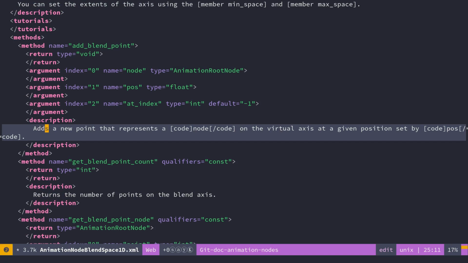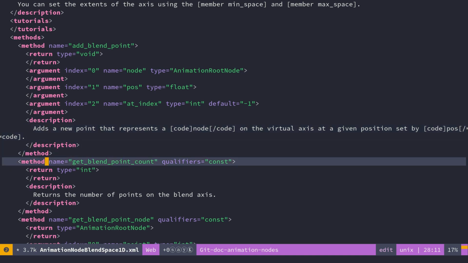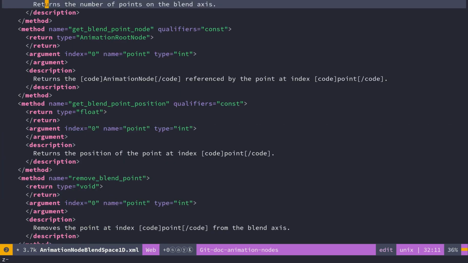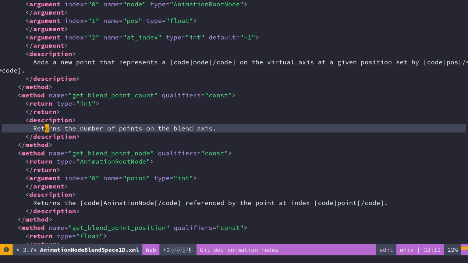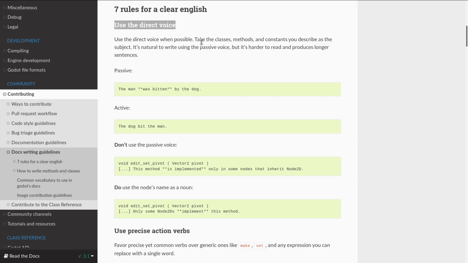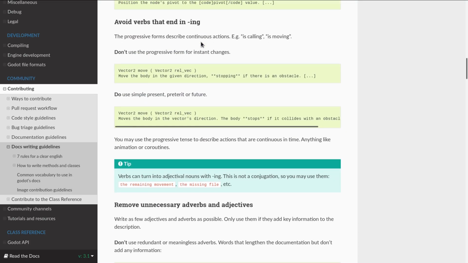For methods, you want to use an action verb, like the method add_blend_point: "Adds a new point on the axis of the blend node 1D," the one that you can find in the editor. If a method is a getter and it just returns a value, then we start with the word "Returns". It returns some piece of information, what you have with the return keyword in GDScript. So there's that. Use precise action verbs, and avoid using the transitive state, I think that is, verbs ending in -ing,